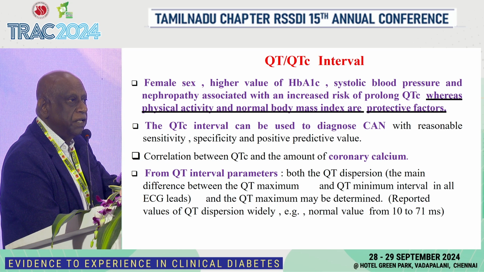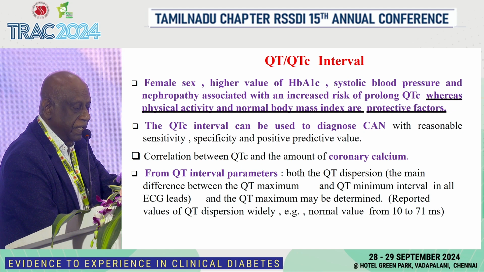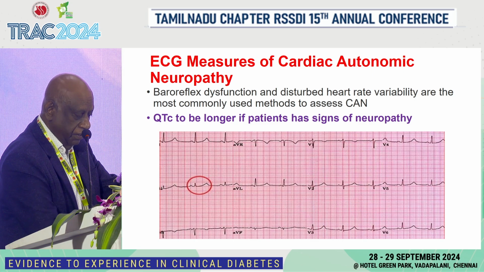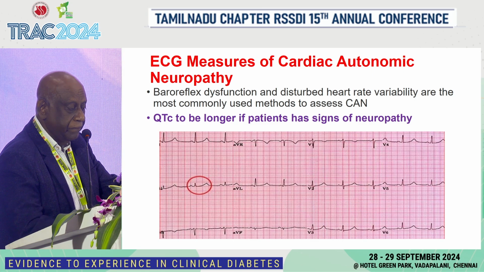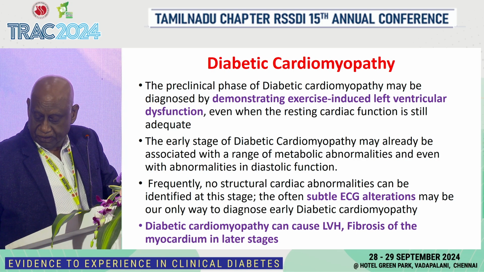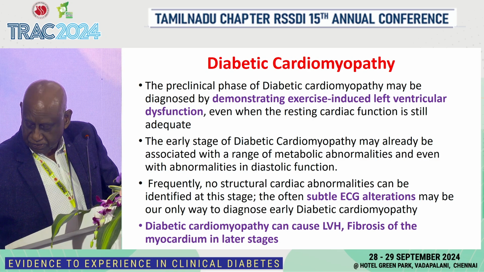Especially the QT interval and QTc are prolonged. They are the forerunners for ventricular tachyarrhythmias. Therefore, we will have to be very careful with them. Here is a QTc. You don't have a pointer here. I mean, you are able to see a QTc prolonged here, which as clinicians we should watch. These people may end up in either complete heart block or ventricular tachyarrhythmias. And diabetic cardiomyopathy, which has come out as a specific entity today, it causes, which one? Right, this green.